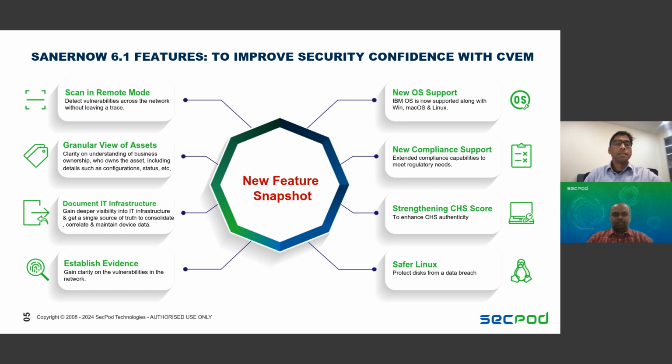So one of the needs is to be able to perform an assessment without having to deploy an agent on every device. This is something that has been an ask from our customers and partners. So this wonderful capability has been introduced with SanerNow 6.1. We are also bringing in granular visibility into the IT assets in a standardized format that you can document and use for integration with other products, etc. And there's also a need for establishing evidence of why this particular vulnerability or misconfiguration is detected in the IT infrastructure,